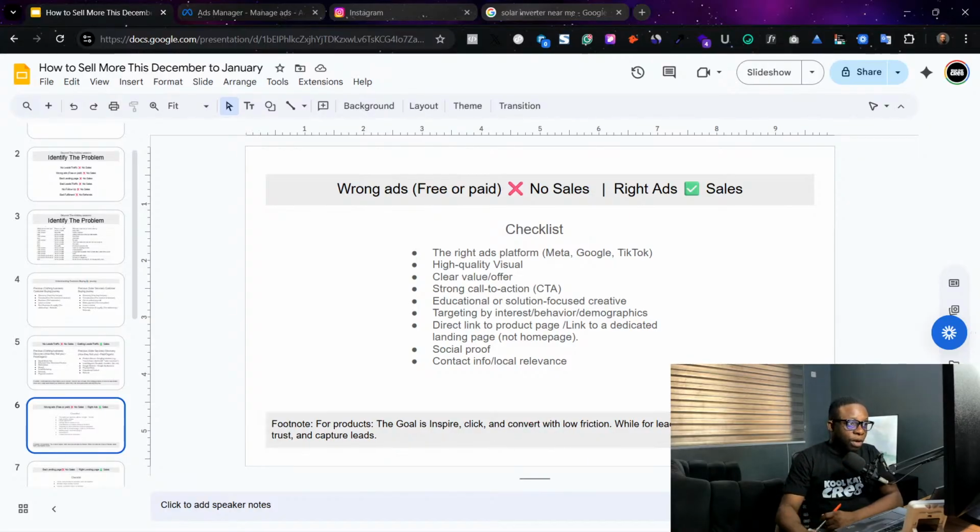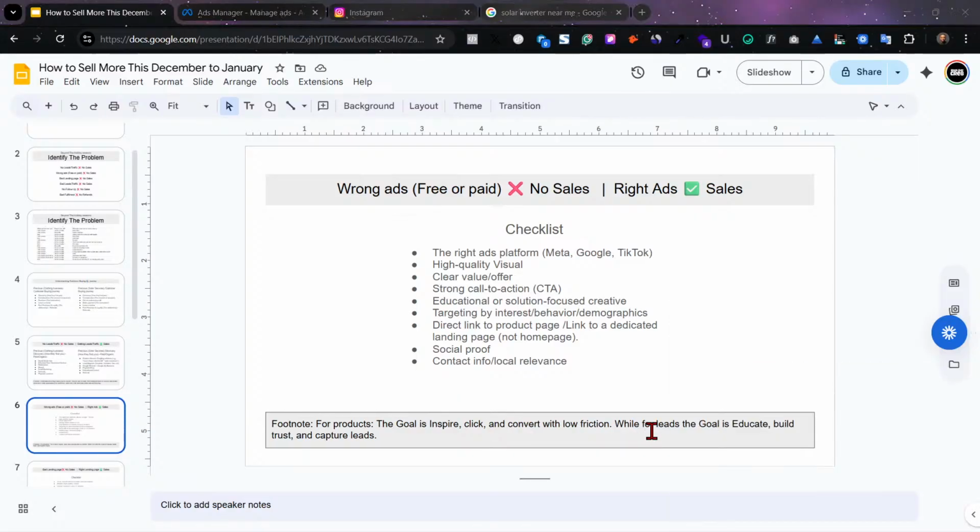But when it comes to lead generation, right, the goal is to educate, inspire if you want, build trust. Because leads is like you're selling services, right? You are selling a service. You need people to trust you that, okay, you are the right guy for the job, right? You have to build trust, and you have to now capture leads. If you don't capture leads, there is no way you can sell. It's not magic. If you don't have people in your leads, I can't overemphasize that.